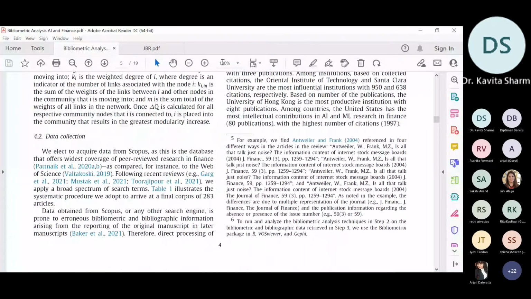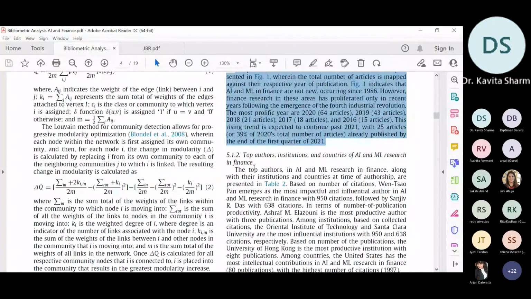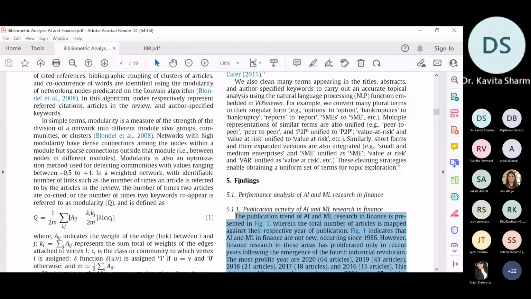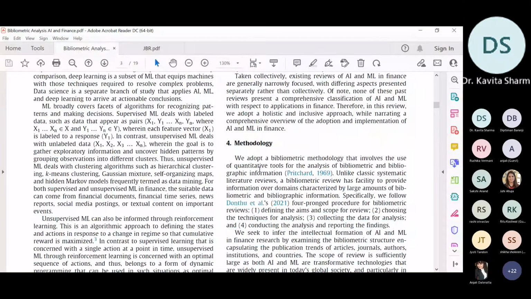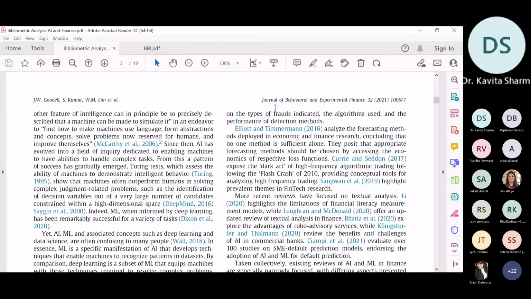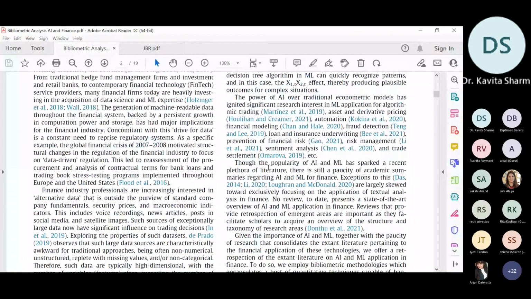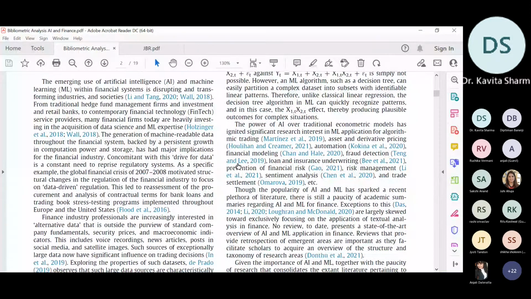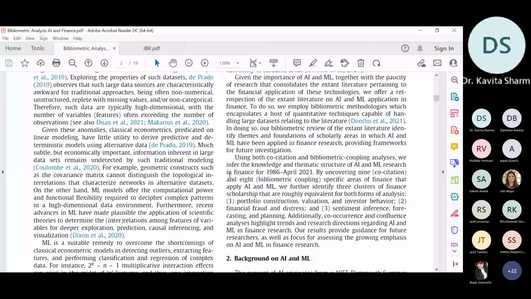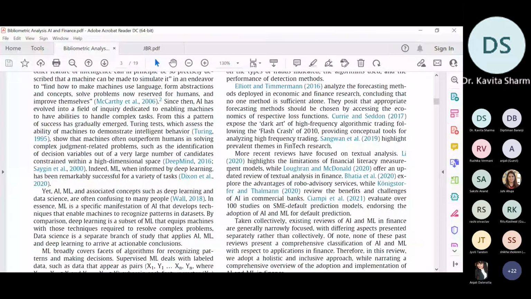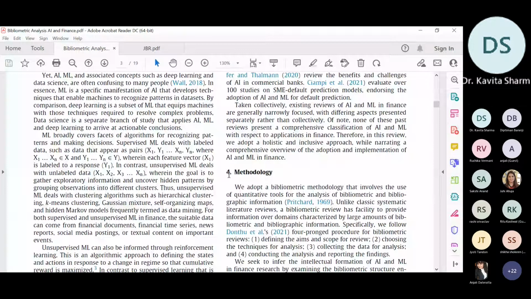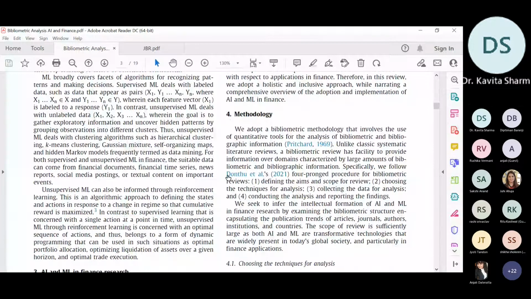Now let me go to the research question. I just want to check whether research questions are there or not, because the research question is again very important. It will help you prepare the questions and the objectives also.